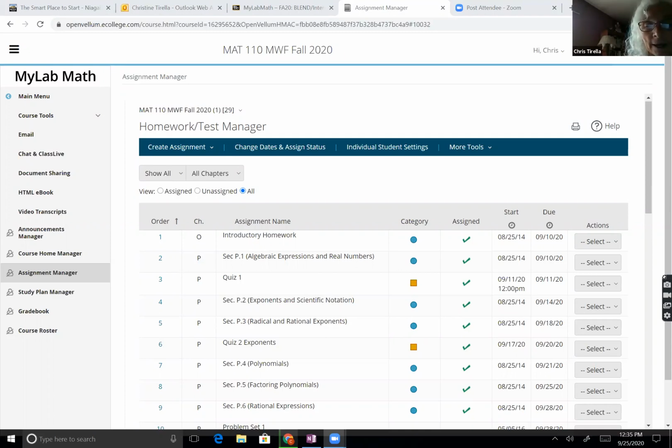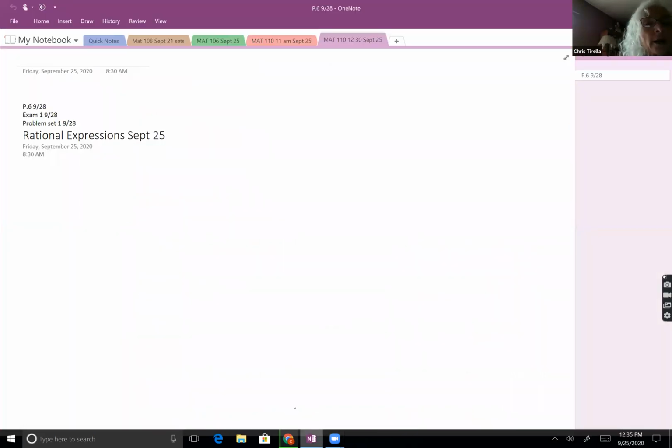When I go here, I want to, again, make sure that everybody knows that these dates of the 28th are going to be changed to the 30th, because based on what happened in the other section, there's an awful lot that we need to get through today, and I think it's going to take more than one day. So proactively, I'm going to push those due dates back.